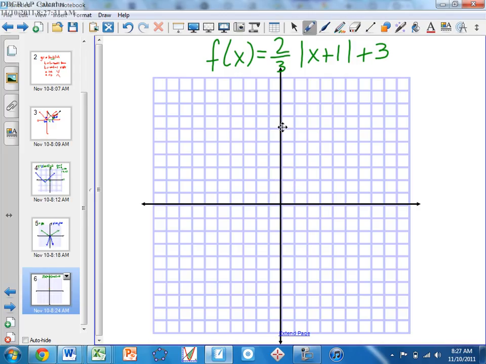Make your dot nice and big so people can see it. There you go. And give me 2 more dots before you make the mark. Okay. She's correct so far. Again, h in this case is -1, not 1. Remember, h is the opposite value of what's on the inside. 1, 2,